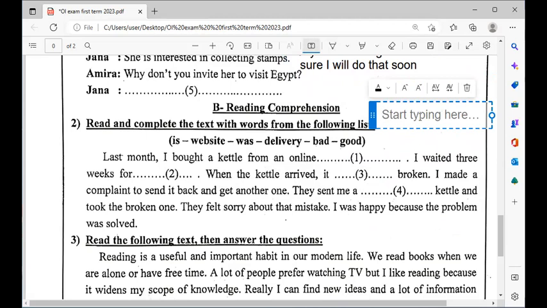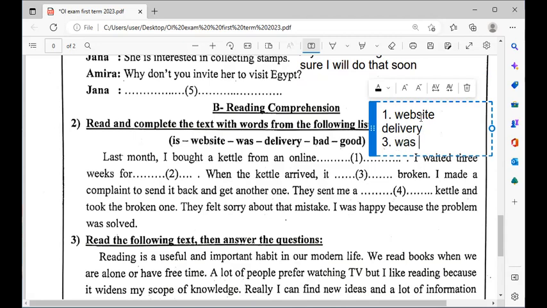Last month I bought a kettle online, from a website. I waited three weeks for delivery. Number three, when the kettle arrived, it was